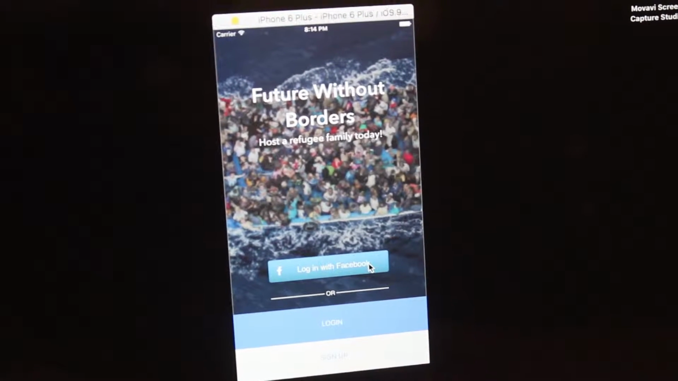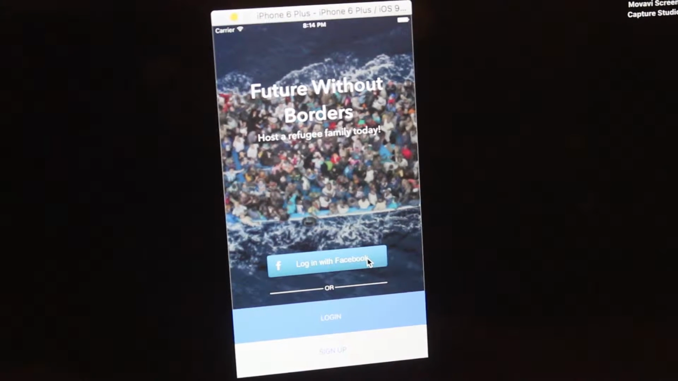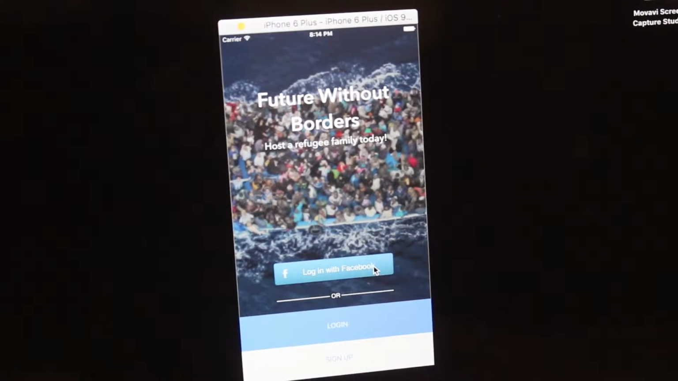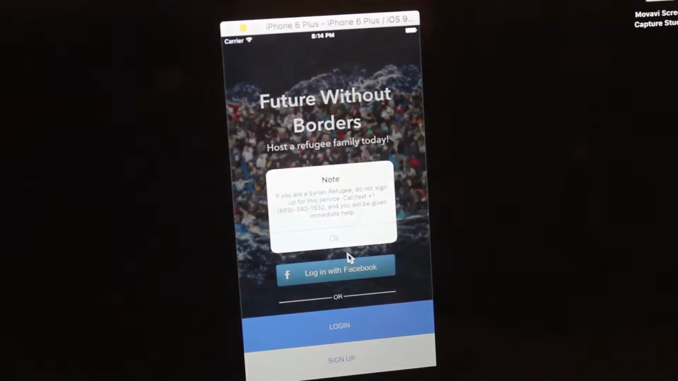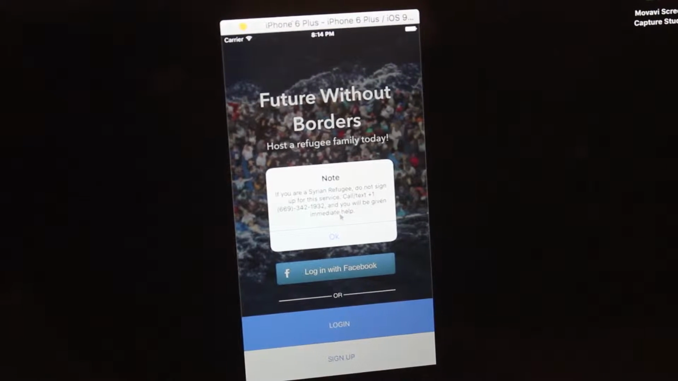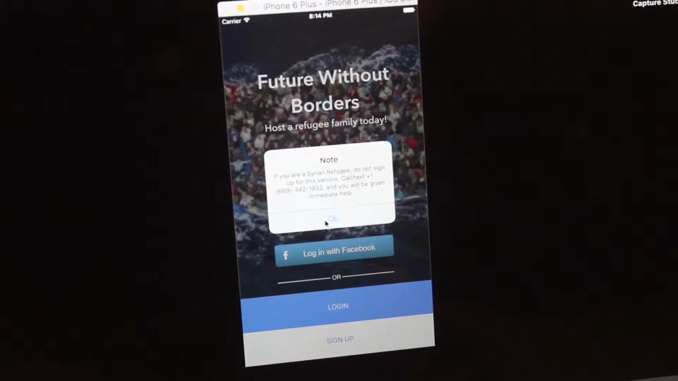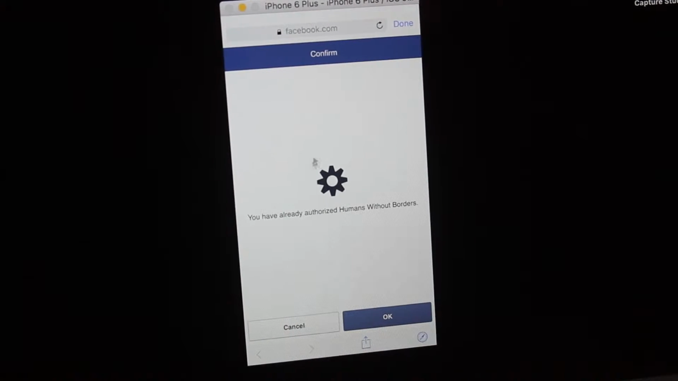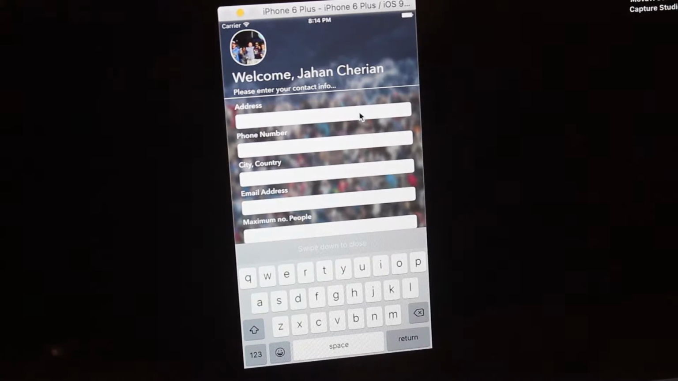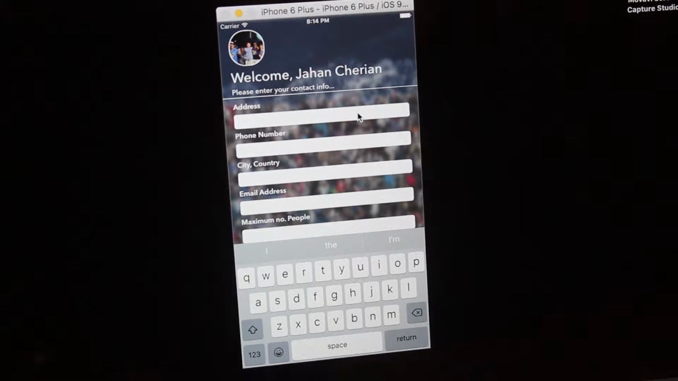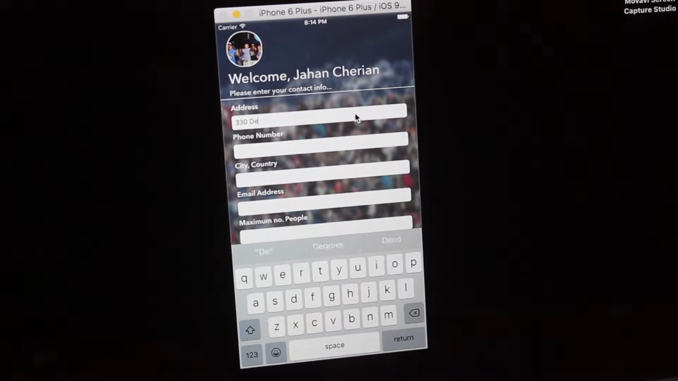So here we can see the iOS application built for a European household. One of their members just logs in through Facebook. There's a note that gets thrown up that if you are a Syrian refugee, please text a message instead of using this service. We can click OK, and we see that we've been authorized through Facebook. The European family then just has to input some basic information, like their address,